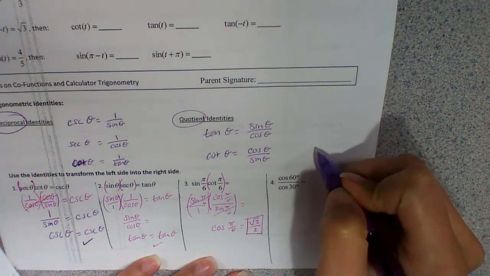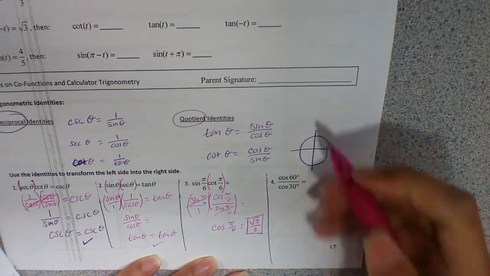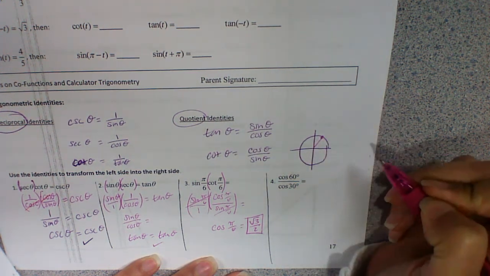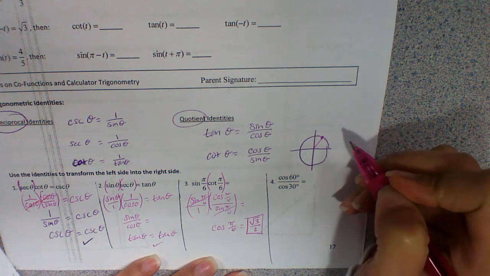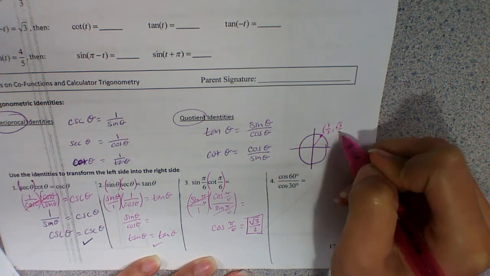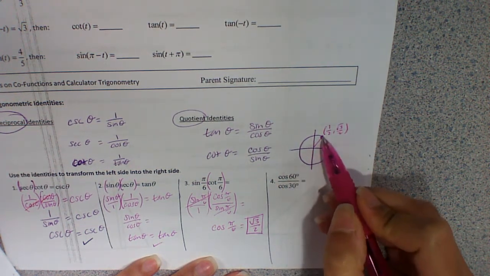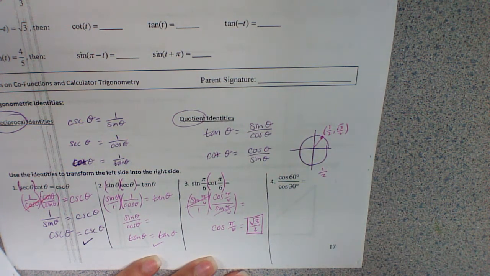So at 60 degrees, if I take a look at my unit circle, here's 60 degrees right here. What's the point? What's a coordinate at 60 degrees? Yeah, you should be looking at a half comma root 3 over 2. So if that's the case, my cos value at 60 degrees is a half. It's your x value. And then for 30 degrees,